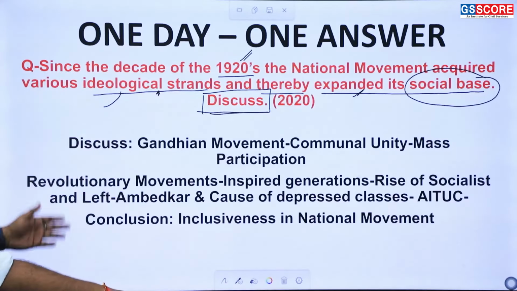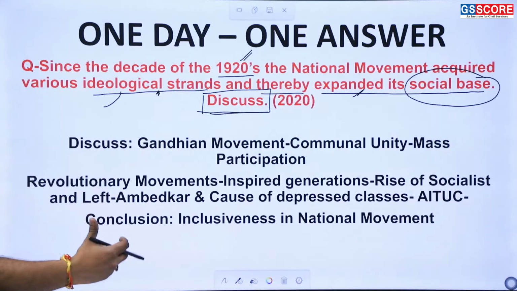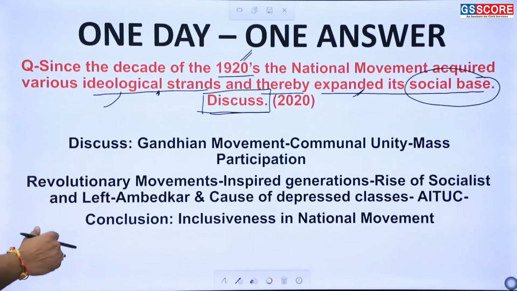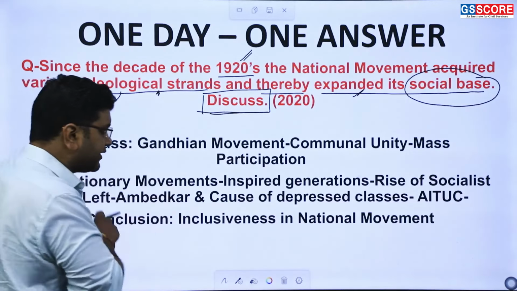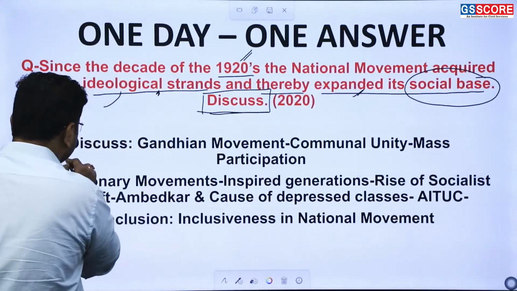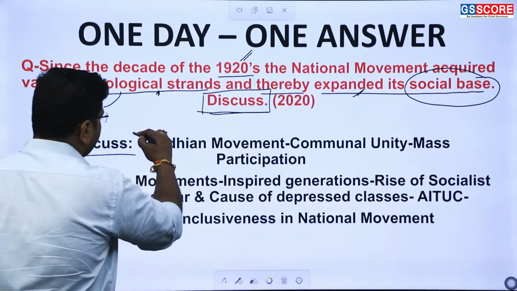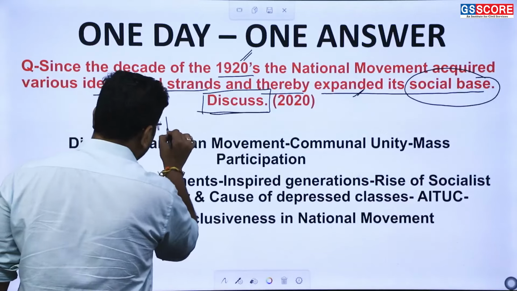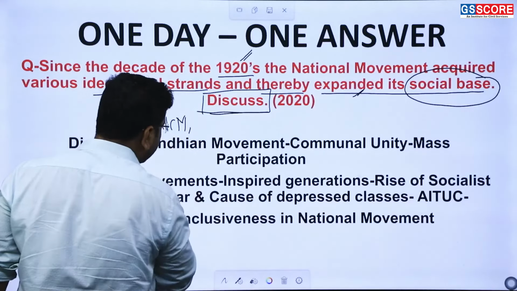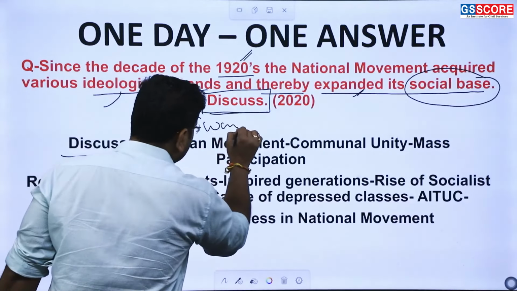So in that discussion, first you will give the general introduction of the decade of the 1920s and the national movement, and how the Gandhian movement came into that picture. Then in terms of discussion, you have to focus on two very important things. You will first discuss the various Gandhian movements, in terms of the non-cooperation movement of the 1920s, then the Swarajists and the